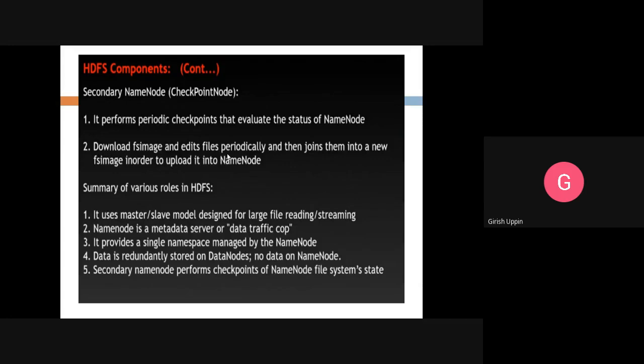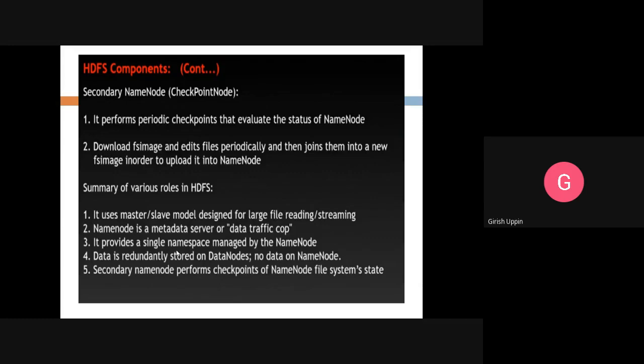So, summary of HDFS: it uses a master slave model designed for large file reading and streaming. The name node is a metadata server or a data traffic cop. It will manage all the activities.